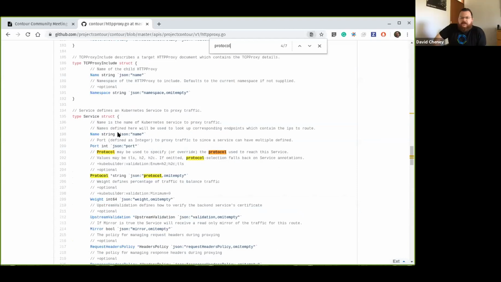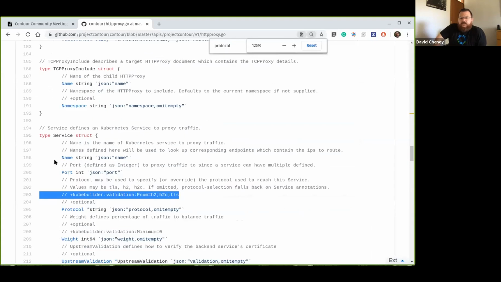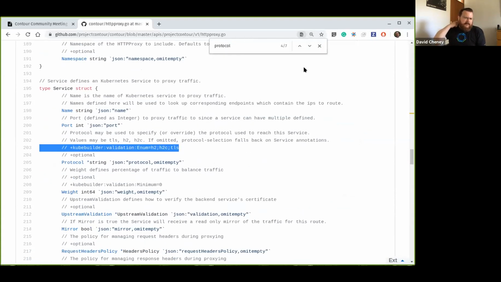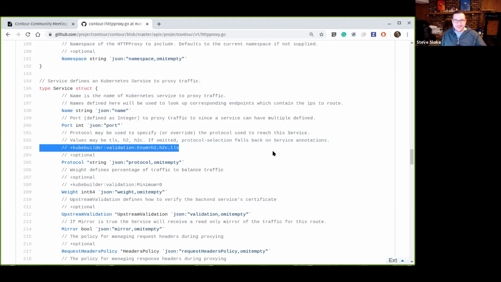We can go and look at the YAML as well, but it's actually kind of easier this way. So you can see there on line 203, we now make it clear to the generated CRD and thus to kubectl: these are the valid values for this field. So it's just another thing to make it easier, because otherwise, if you had an invalid value, it would just be either ignored or the whole document would be considered invalid. This just helps get you validation earlier in the process and gives you better feedback. Yeah, we had bad docs as well that pointed you to a different value. So that didn't help anything.